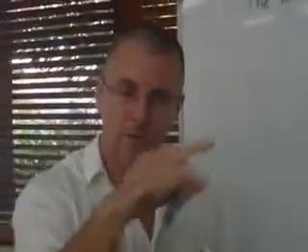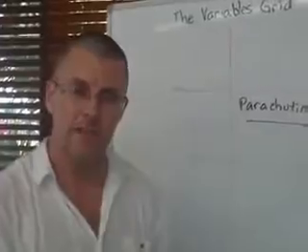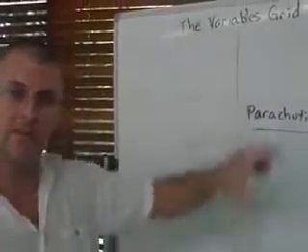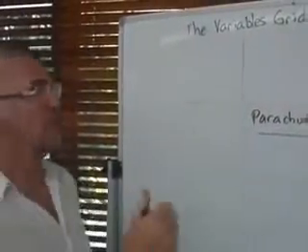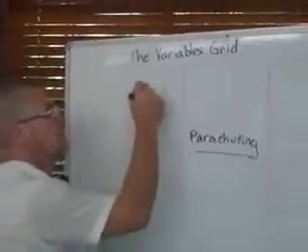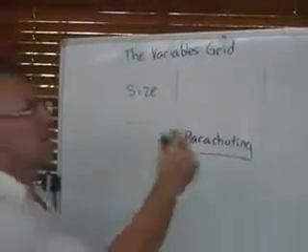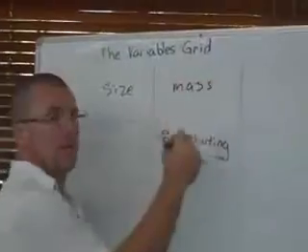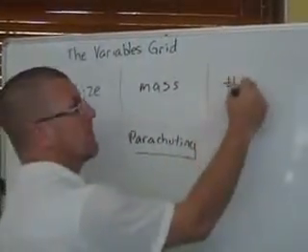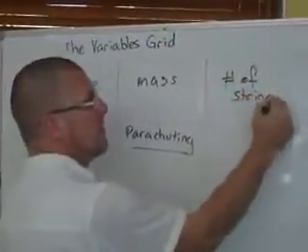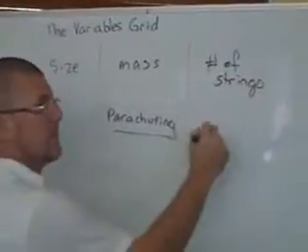And so now we put the variables around the variables grid that will affect that investigation. So what things will affect our investigation on parachuting? Kids might say the size of the chute, they might say the mass, the number of strings, the height,